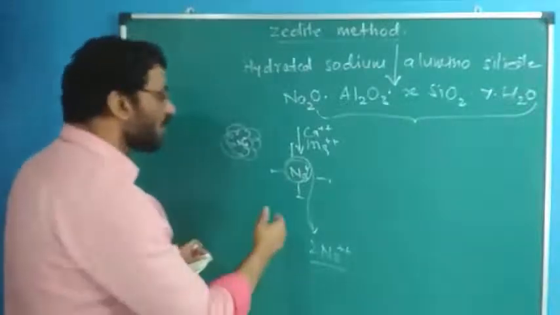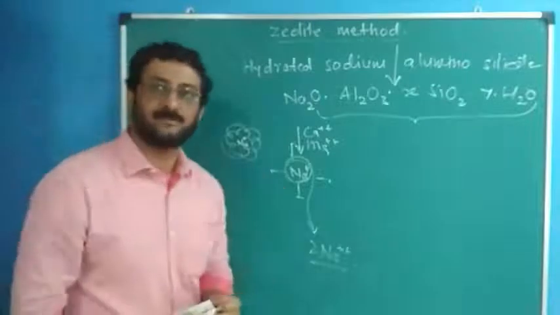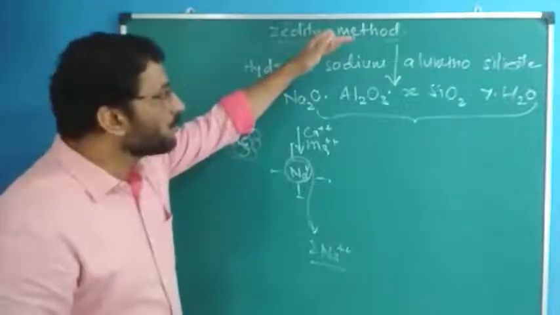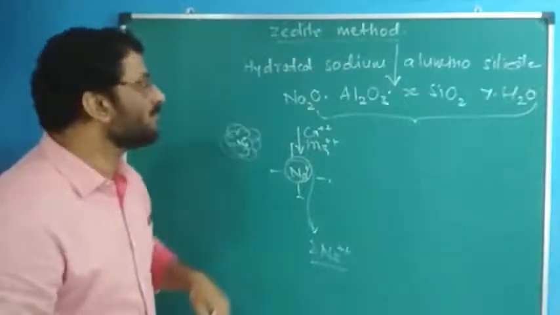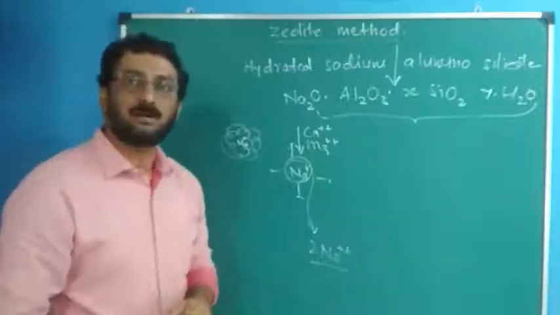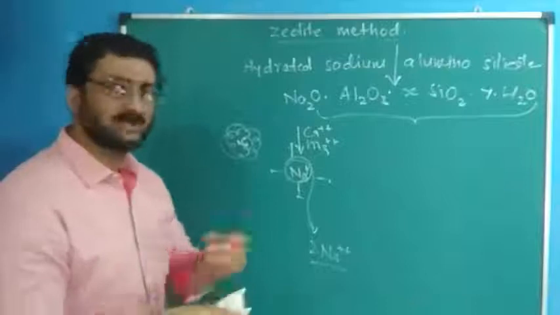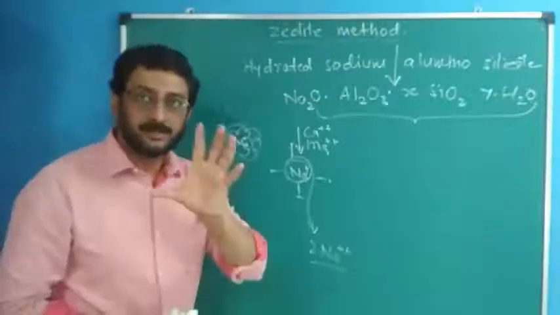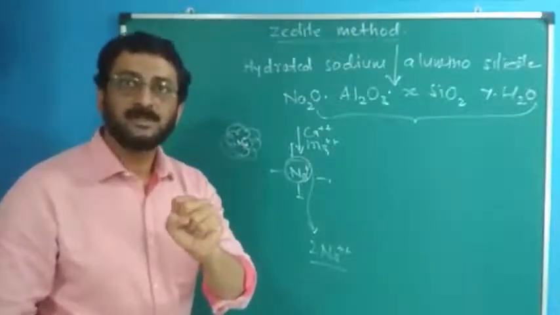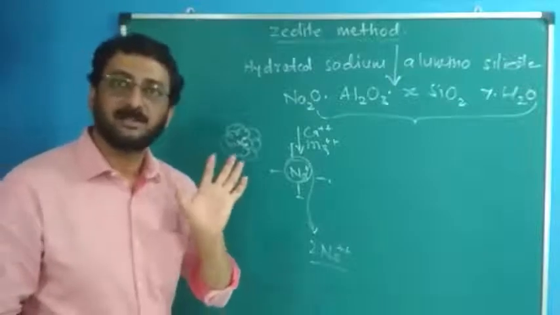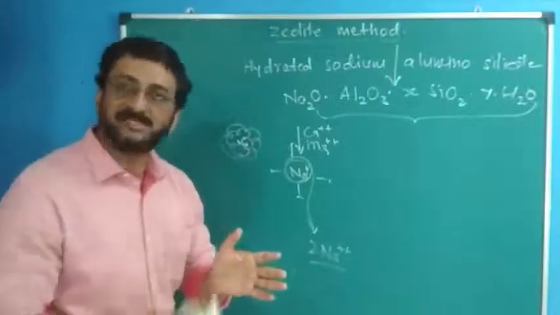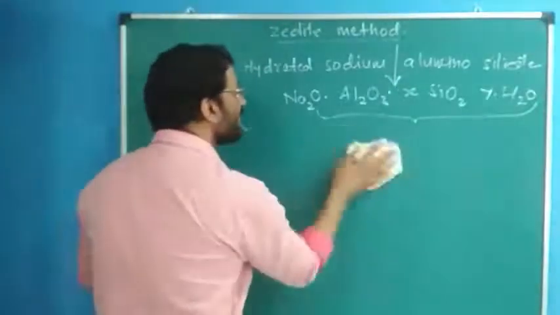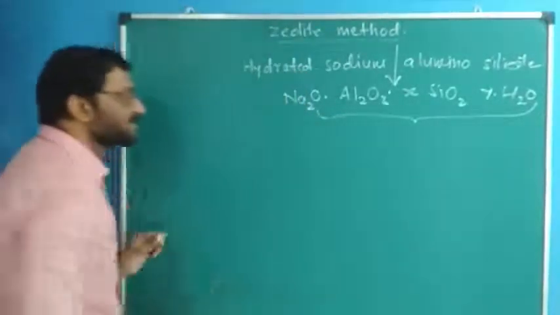Now we want to write the softening reactions. These are called resin reactions or exchange reactions. What is that? When you allow hard water to pass over the bed of resin, how does the softening occur, how does the exchange occur? What is softening finally? From the hard water, this zeolite traps or holds the soluble hardness causing ions, and the rest of the water released will be free from the hardness causing ions. That is the softening method: removing the soluble hardness causing ions.